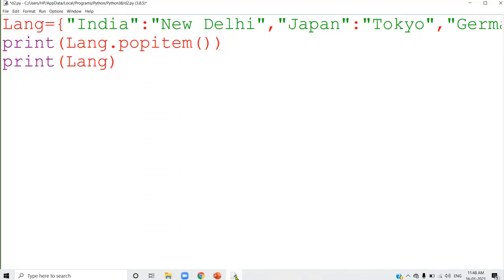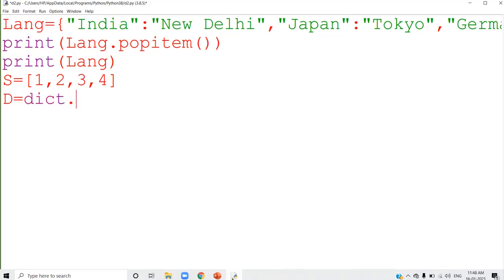I am going to write here S is equal to, and create a list. It is enclosed in square brackets, so S is a list. Understood now? Now I am going to create a dictionary from S. From the list S, I am going to create a dictionary. So my dictionary name is D. D is equal to dict.